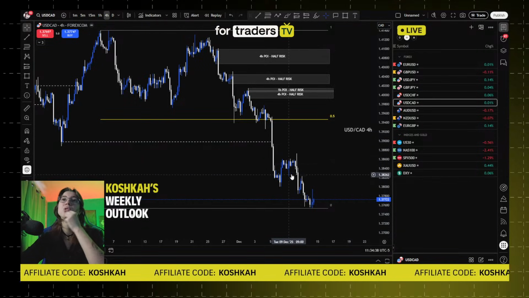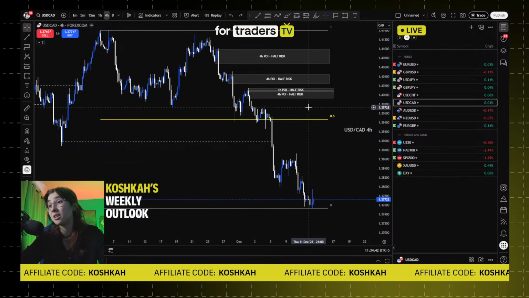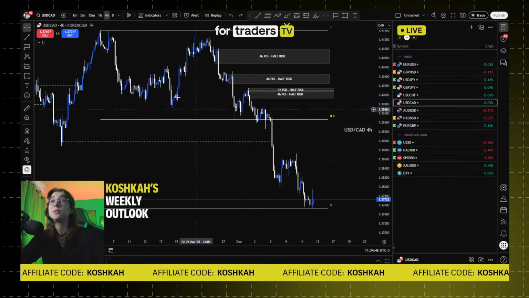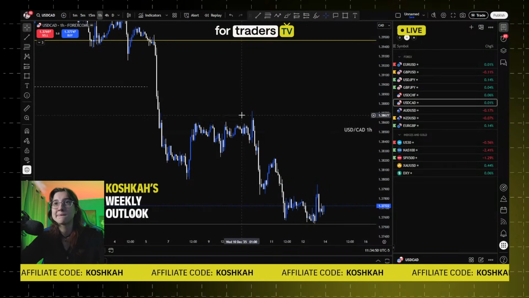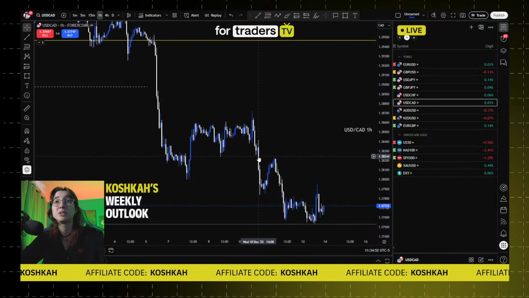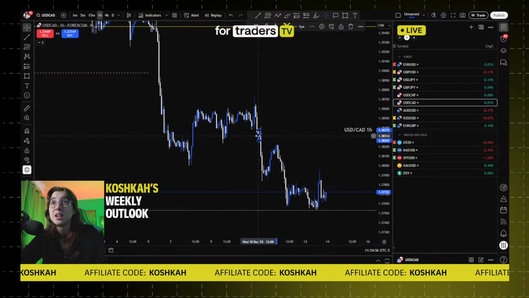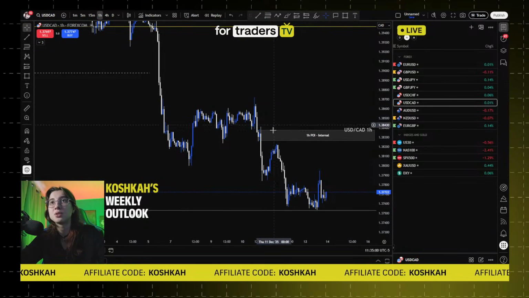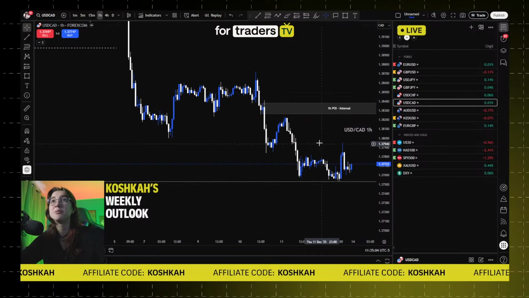So what do we do? I mean, we still keep the same POIs that we had above, and honestly, nothing much left to do here. We can technically look for some internal trades. Internally we have this 1-hour POI that can look interesting. Why can this POI internally look good? It's because the internal